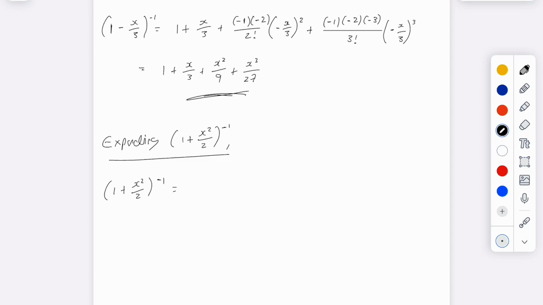It's going to give us 1 plus minus 1 times x squared over 2, plus minus 1 times minus 1 minus 1 over 2 factorial times x squared over 2 squared,